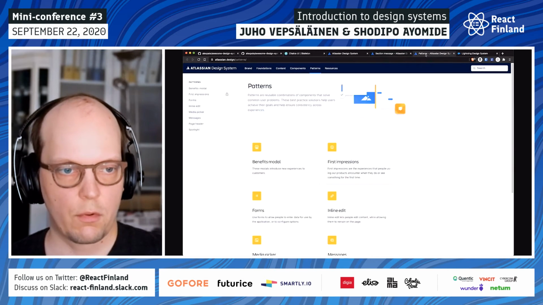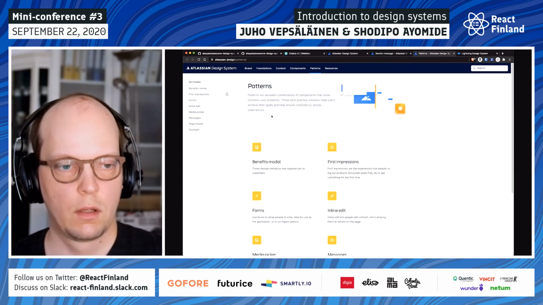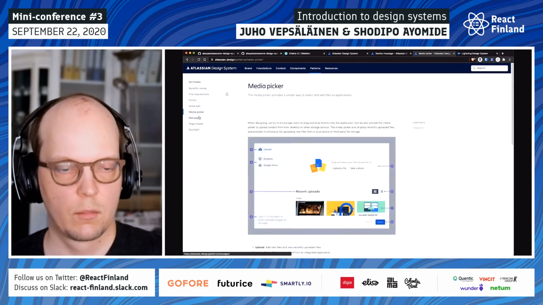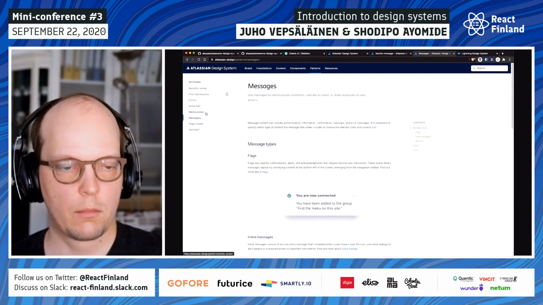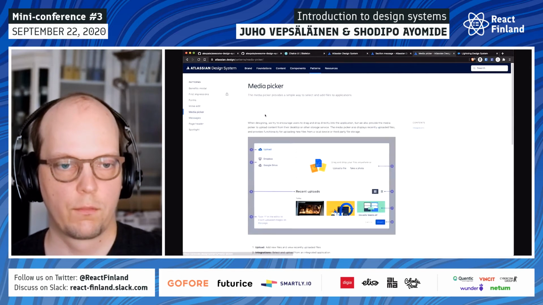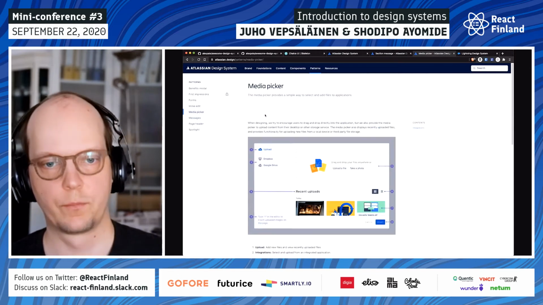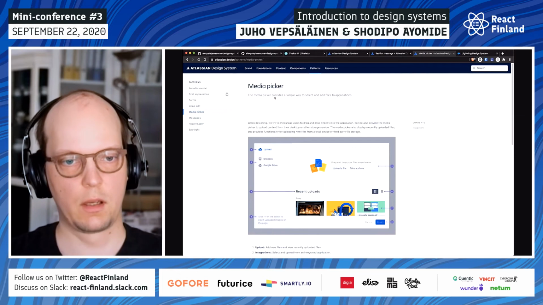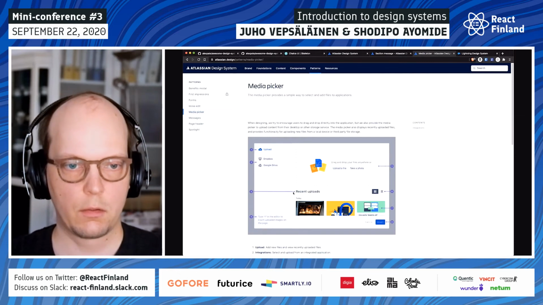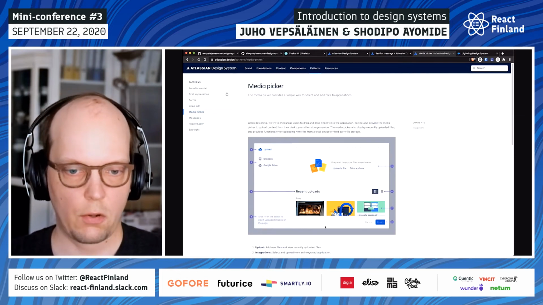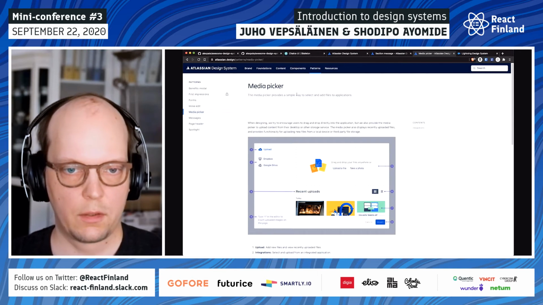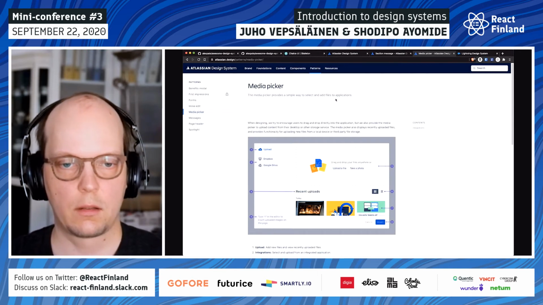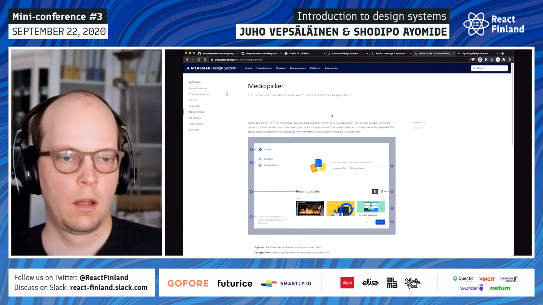But we have components, and then you have patterns, and you see they have fewer patterns than components. But these patterns are meant for specific problems, as I mentioned. Now they say that you can use this media picker, which is quite complex. There's a lot of functionality.